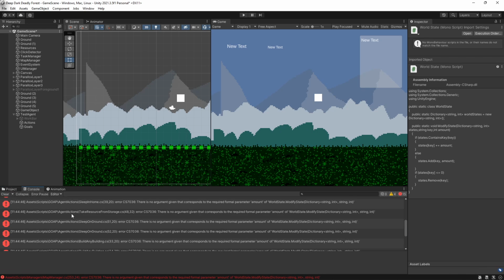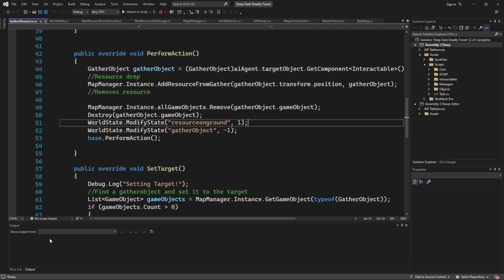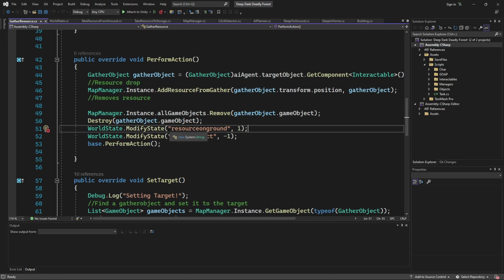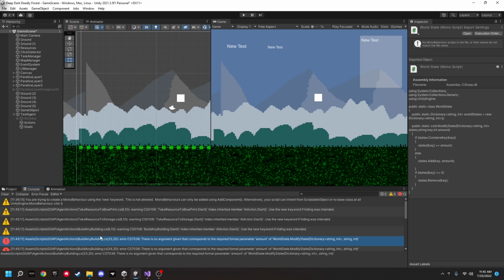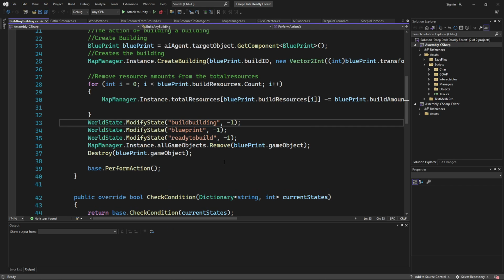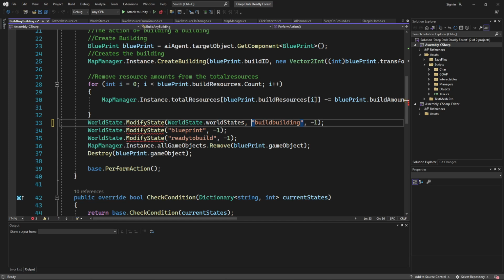Probably have a lot of different errors here. Resource on the ground, we want to say the world state dot world states. And that's going to be the same for this one. All right, this will all be the world states.